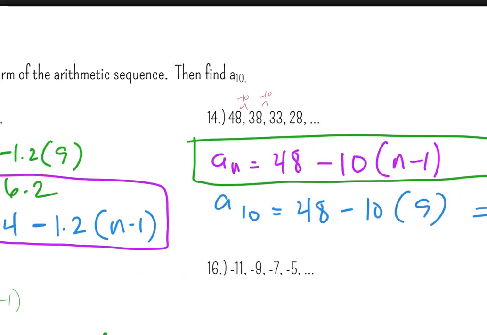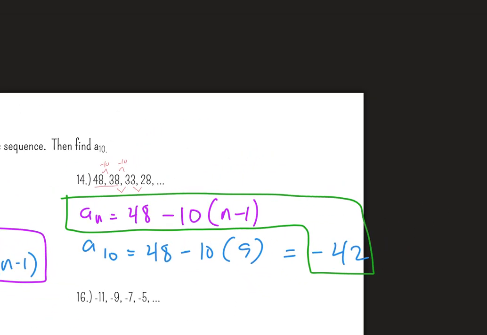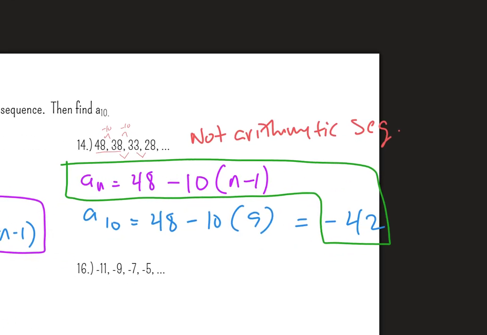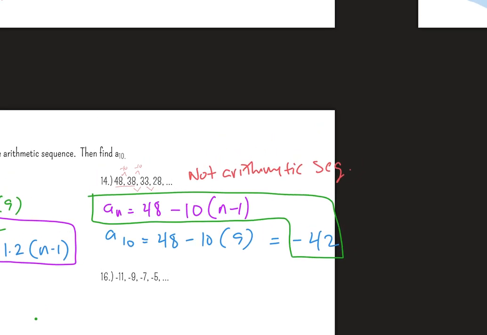I think there might be a typo on this one, because this is a difference of 10, this is a difference of 5. And so is that. Huh. So, this is not an arithmetic sequence. I think that's just a boo-boo, that maybe they were meant to have gone down by 5 each time. So, you know what, why don't I just do this problem as if it was meant to go down by 5 as well,